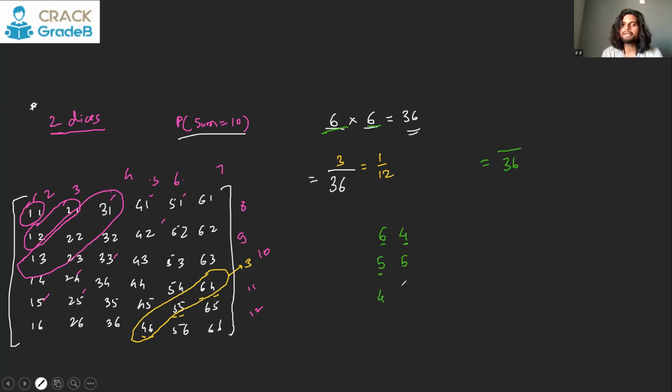Reduce this again by 1, it becomes 4, and increase this by 1, it becomes 6. If you reduce this further by 1 and increase this further by 1, it is not possible because 7 can't appear. So that means there are only these 3 cases. So you can go about it manually like this as well.